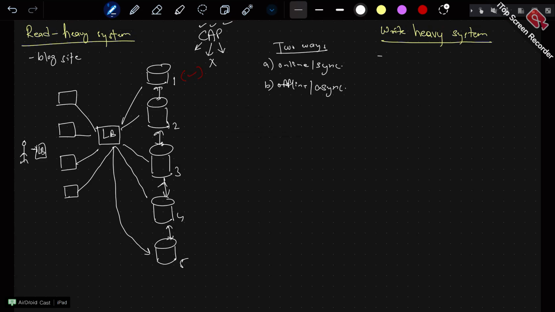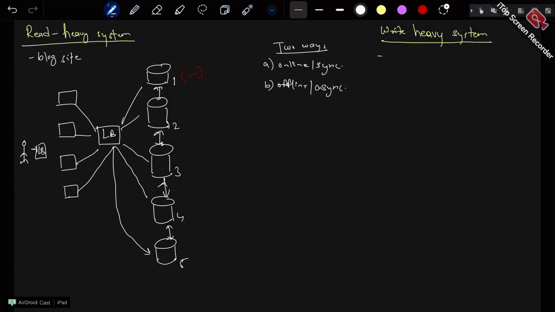Now can you think of what can be the scenario in that case? In this scenario, for example, a write has happened on one, what will happen now? Yes, they will refresh themselves, correct. So the request has come to one, it has written the data down. After writing it down, it will immediately respond to the client that your data has been updated and you can go back to sleep and do whatever you want, right? Now in the background, the databases will refresh themselves with the latest data.